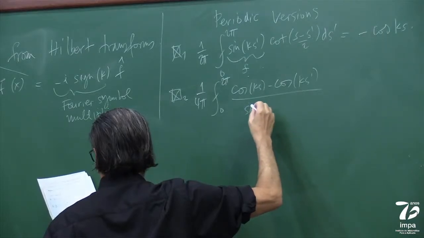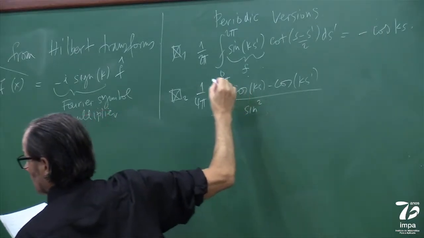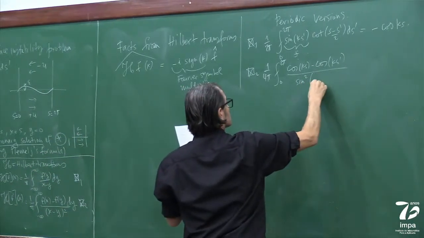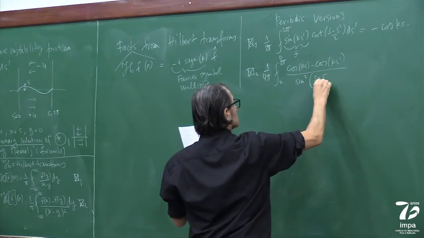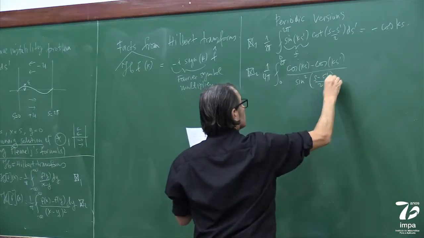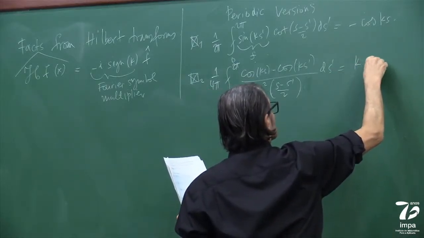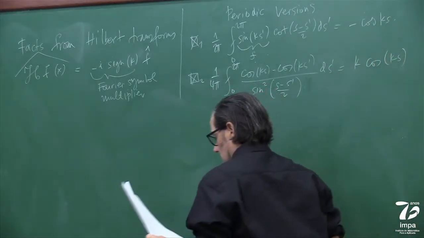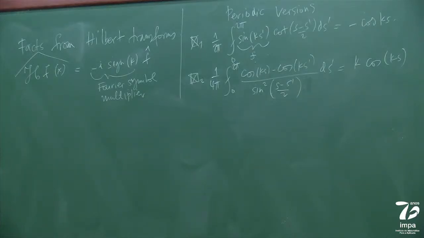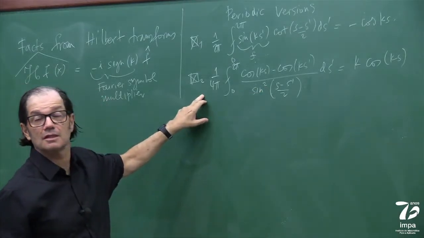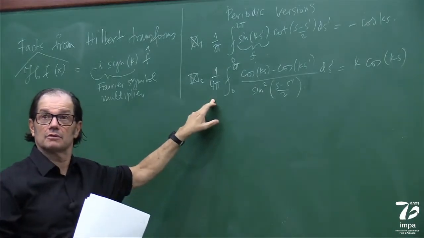So these are going to be the formulas useful for us. Oh, I see I have a typo in the notes. I forgot to put the square here. Because we have the square over there, of course. Never noticed this. And this is equal to k cosine ks. Never noticed this little typo. It doesn't really matter. People would easily recognize. The notes are missing this square here. Doesn't matter. So this is the Hilbert transform of the derivative.